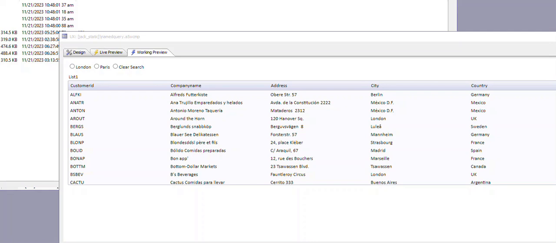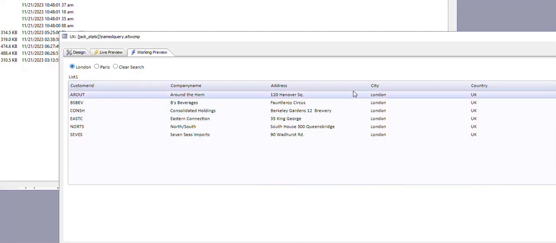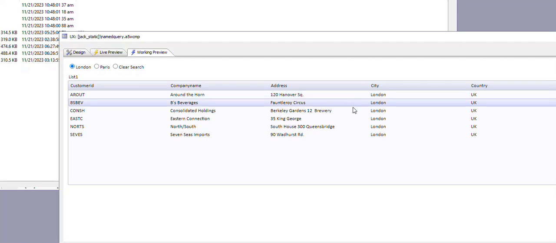In this video, we show how you can create named queries for a list control. So you can see here we have a list control that's based on Northwind customer table, and we've got some named queries here, one called London, one called Paris, and one called Clear Search. So if we click on London, you can see we apply a filter to the list